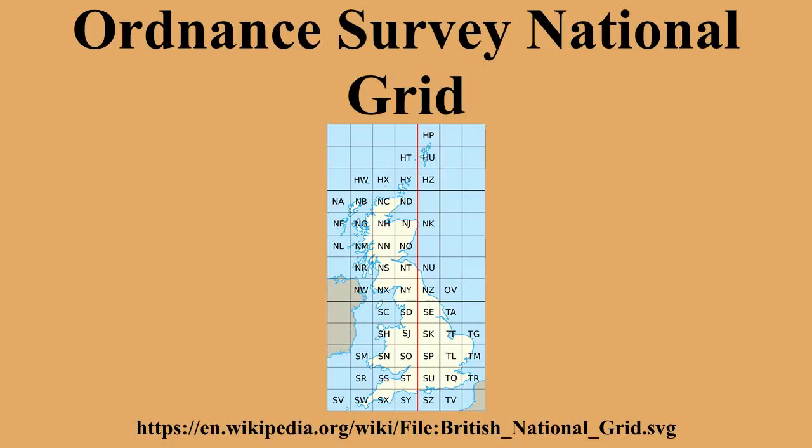EPSG code, EPSG 27700. Ellipsoid, semi-major axis a, 6,377,563.396 meters. Semi-minor axis b, 6,356,256.909 meters. Flattening,